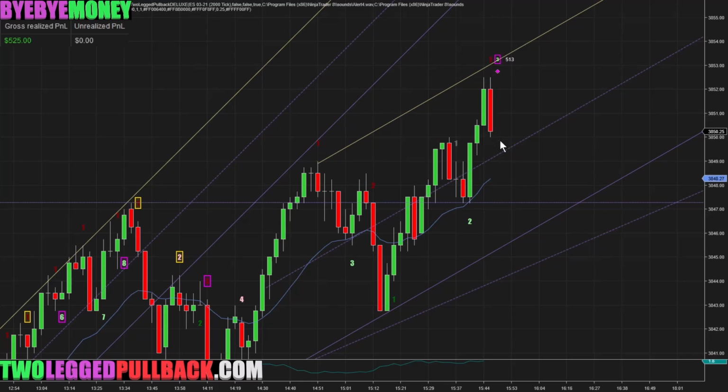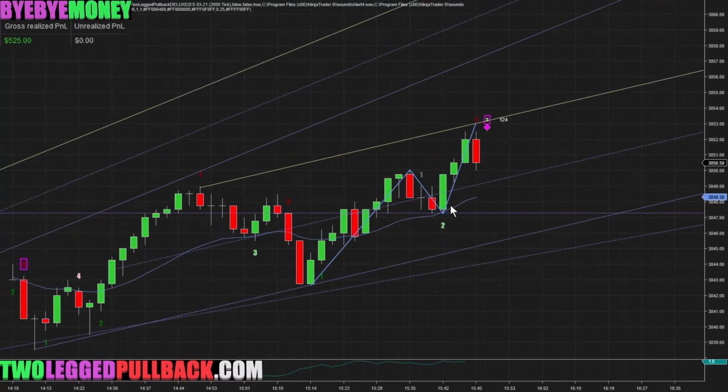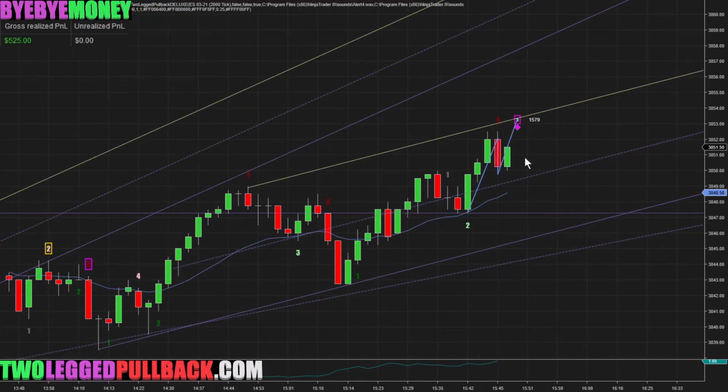Terrible signal bar to go into, so skipping this trade here could potentially create a complex two-legged pullback, where this is a two-legged pullback here, but also this second leg in this two-legged pullback is a two-legged pullback in itself. So the second leg in a two-legged pullback is a two-legged pullback, and that's what we're looking for now. Because this signal bar was terrible, we didn't want to enter in there. But at the end, if we get a reversal here and then it comes back down, we have a two-legged pullback. So we'll be trading this